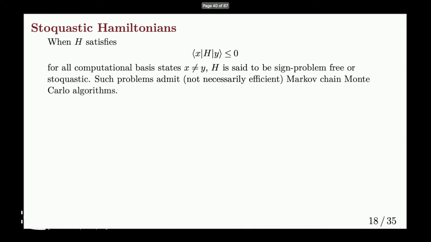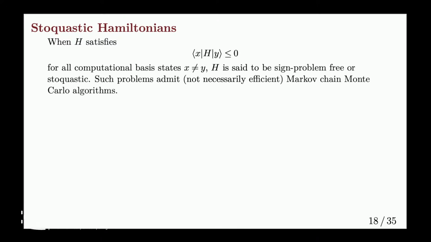Okay, so here's the actual comment on sign-problem freeness. When you satisfy this condition that all the off-diagonals are non-positive, you get a Markov chain Monte Carlo algorithm. So this is why when you talk about not having the sign problem, you think it might be simulable. It's not necessarily the case that it's efficient, but in at least the physics world and the heuristic world,